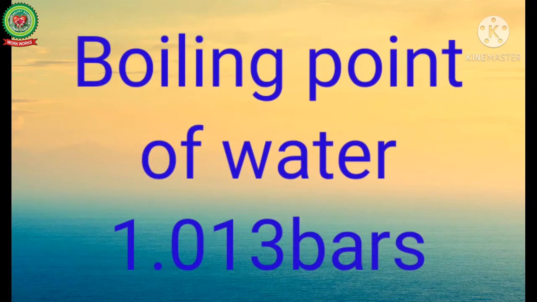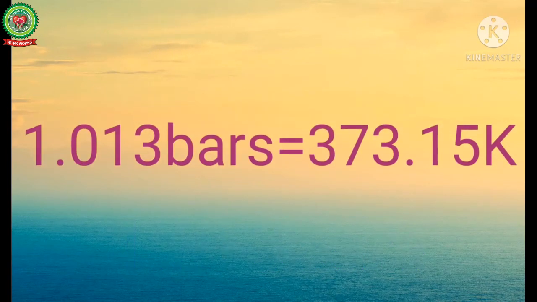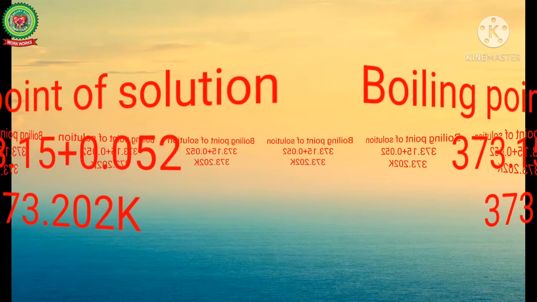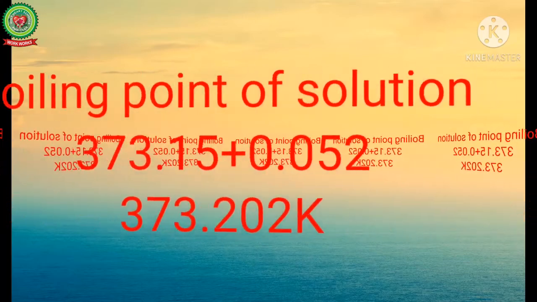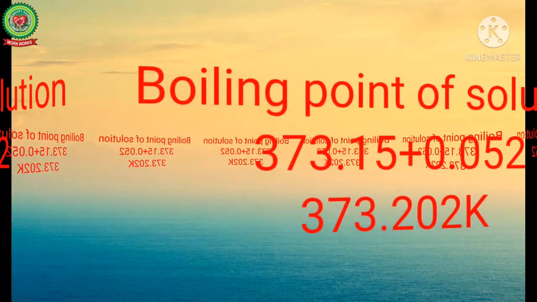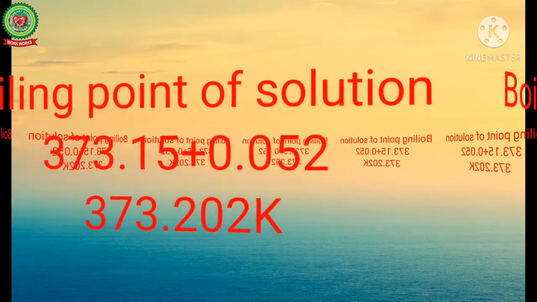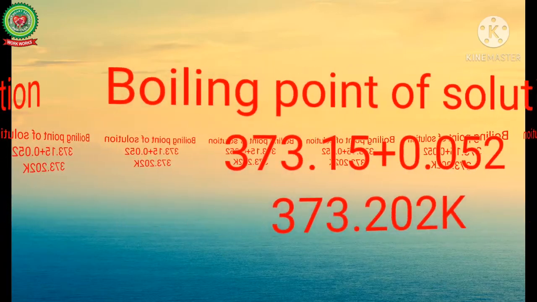So in this numerical we had to calculate the boiling point of solution. It is given that the boiling point of water at 1.013 bars is 373.15 Kelvin. So the boiling point of the solution is 373.15 plus 0.052 equals to